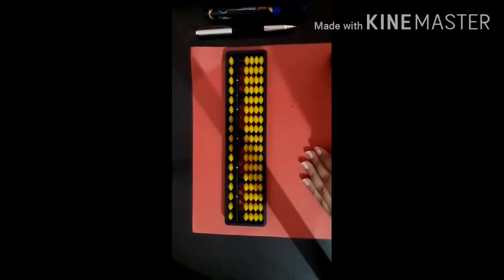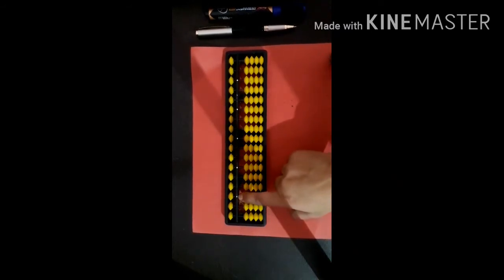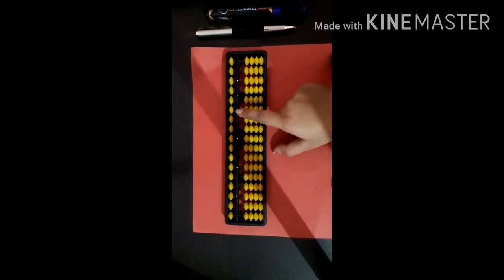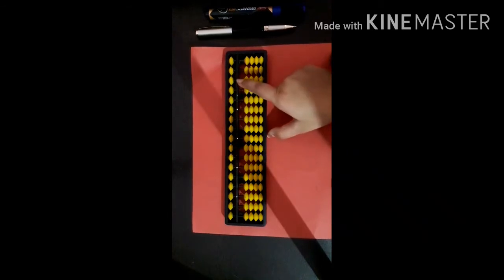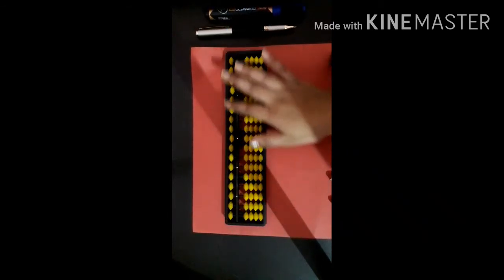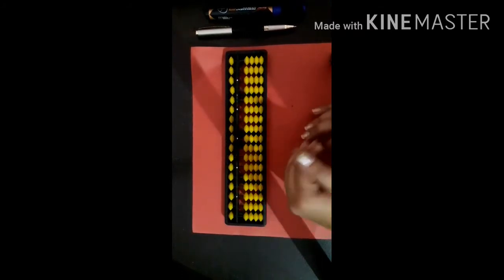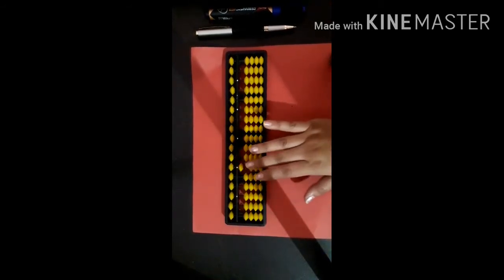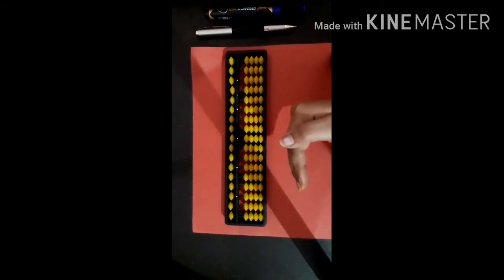Can you see clearly that this bar contains 5 dots? 1, 2, 3, 4 and 5. And the beads which are up are called upper beads. And the beads which are down are called lower beads.